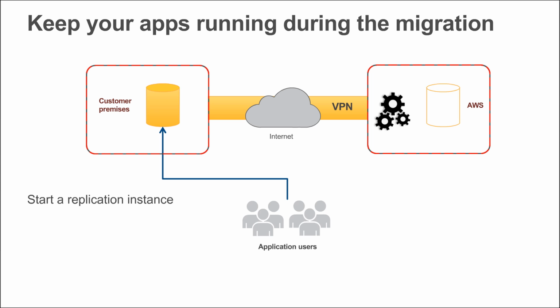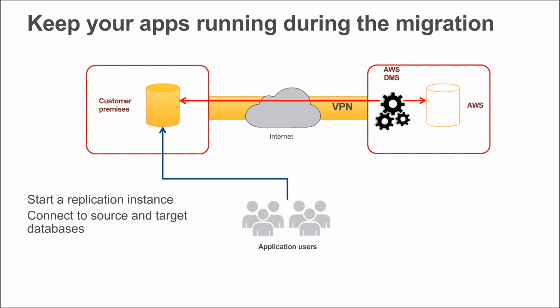So this instance is basically replication software installed on an EC2 box. We manage it fully for you. You never actually log on directly to the machine, but you create tasks and configure it all through the AWS console or the CLI. Then you define the information on how to connect to both your source and your target